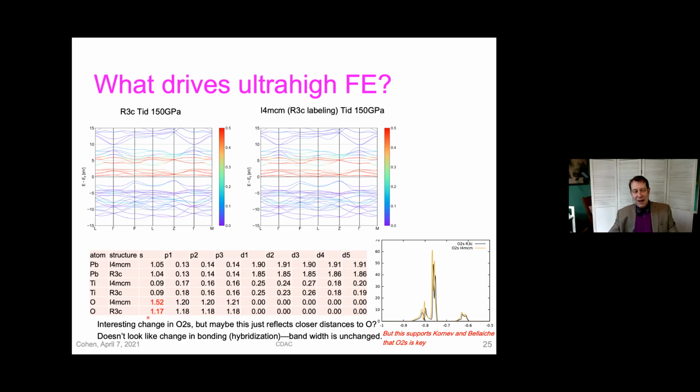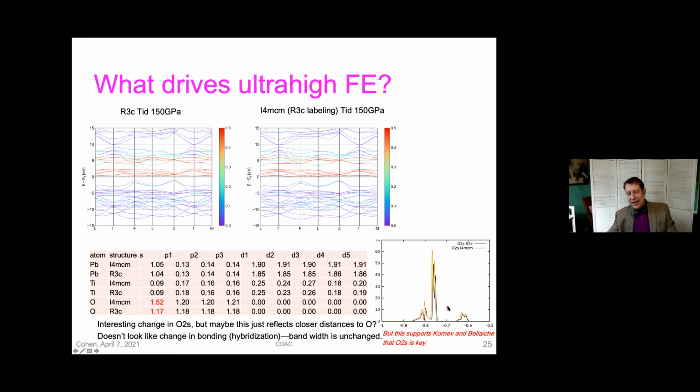Now the thing that's interesting about this is there should be 2 electrons here. You should have 2s electrons for each oxygen. So it means that the other half of an electron, or 8/10 of an electron, are sitting outside of that sphere. They're not neglected. They're accounted for in the electronic structure, but they're just not counted here when I count how many electrons are in the sphere. So in the ferroelectric case, these s electrons have moved out to do other things. But it's hard to see. This is the actual electron density of states for the 2s states.